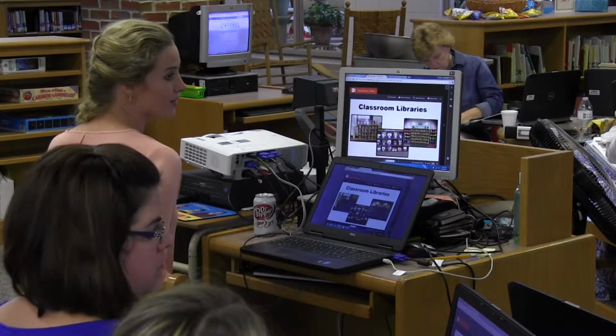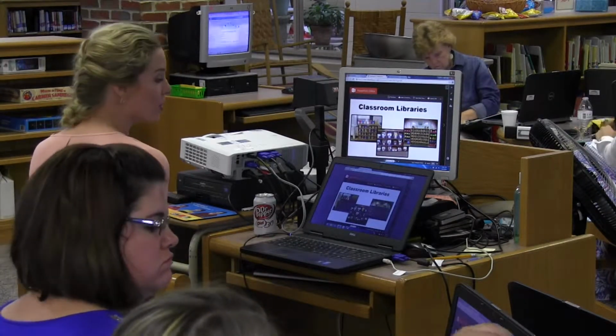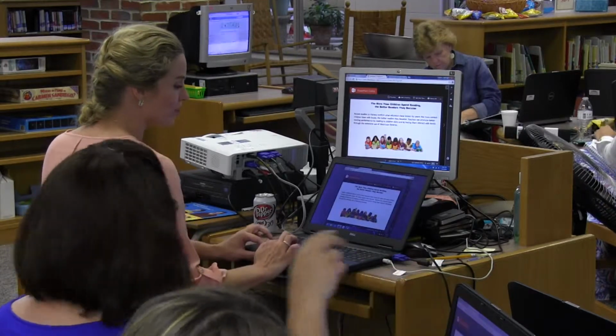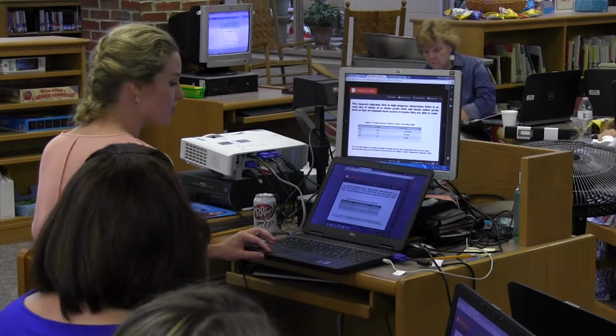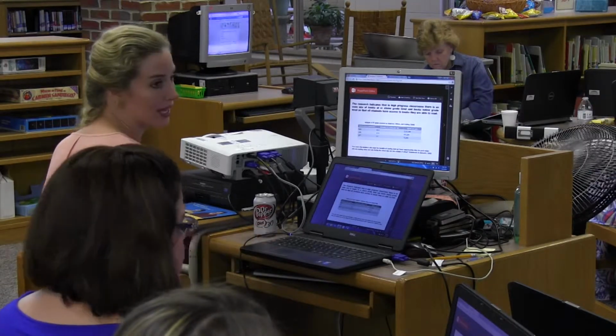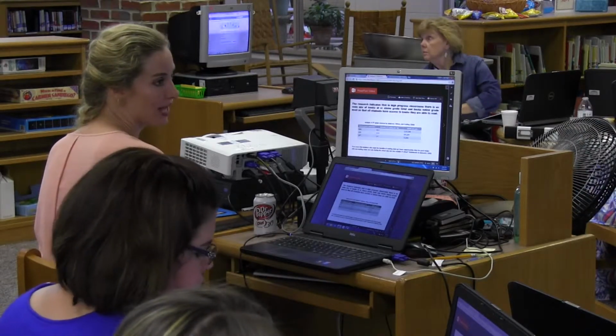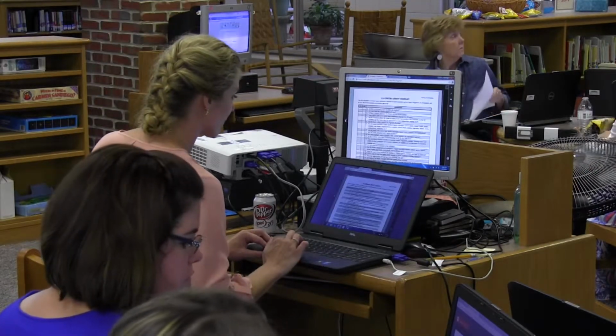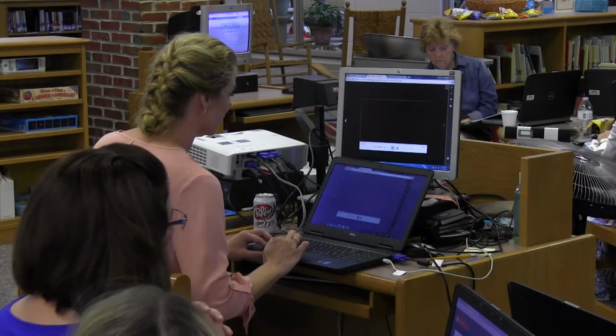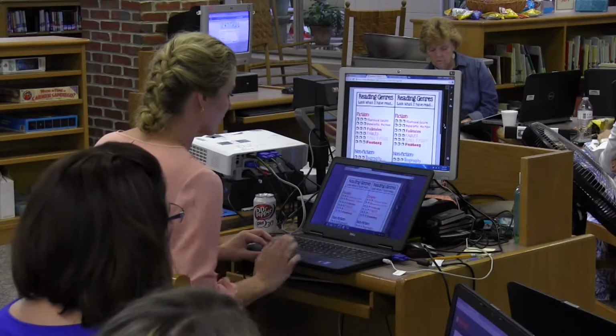So when you're in that center that Ms. Brown was indicating, we want you to look at some of the resources. There's a little bit of delay on Blend Space, but it gives you some great resources for things to think about with independent reading in your classroom library. And then we have one more center. Over here in the reading area is number 4, independent reading.